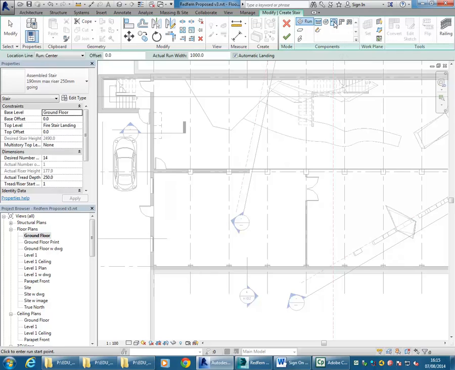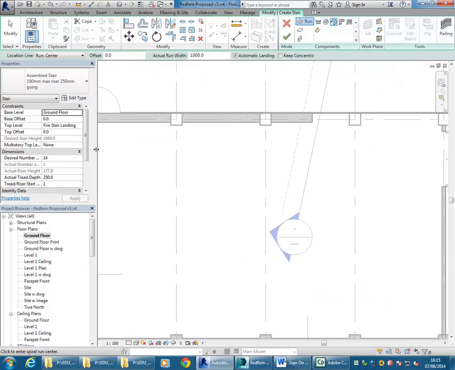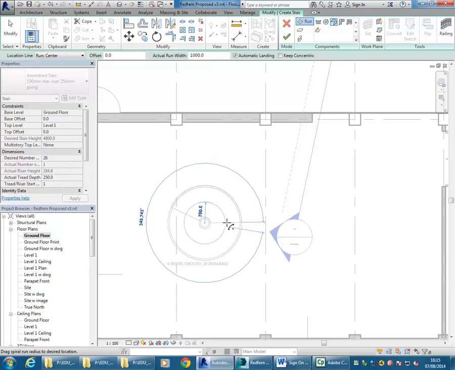And you have the centre end spiral, which basically works in the same way. Set the landing first, also the level. Coming out to give the start point. Okay, so up until this point it's the same, but then you can see it won't let me go past that start point. So the second point that you give is the end of the stair,